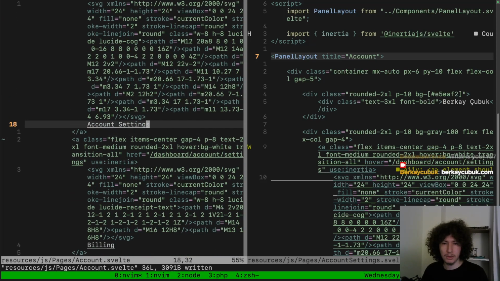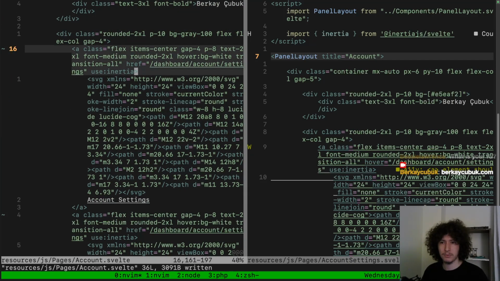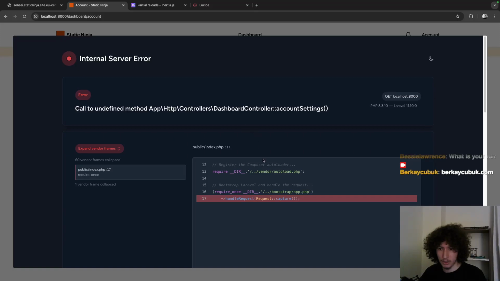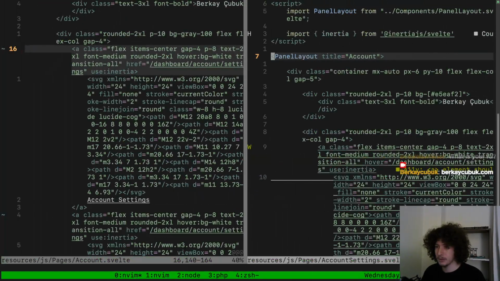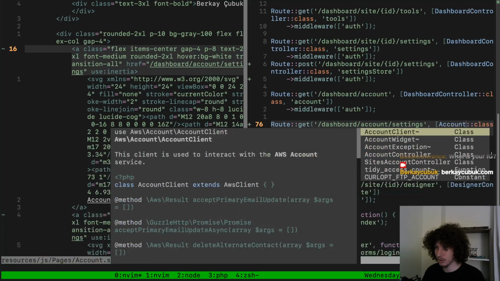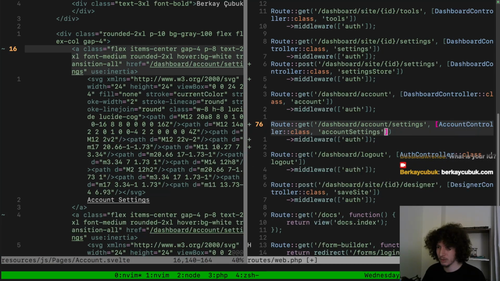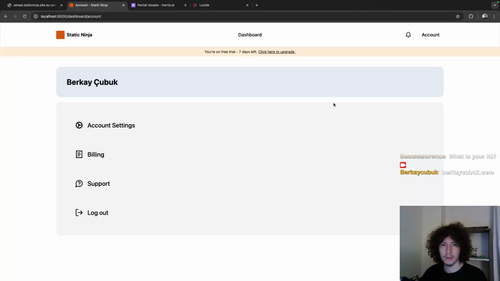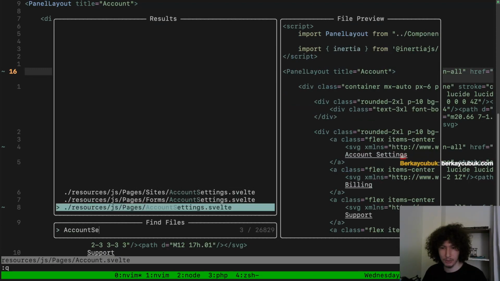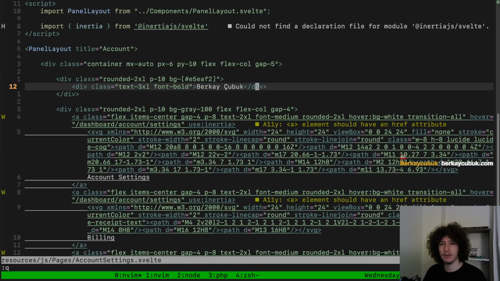Href account settings. So when I click account settings, we get an internal server error here. Oh yeah, so web PHP. Instead of dashboard controller, we're gonna use the accounts controller settings view. Okay. Yeah, now it works. Account settings. I'm gonna type